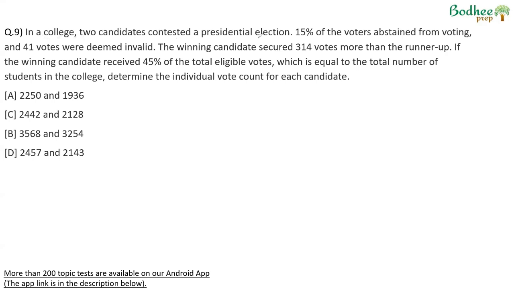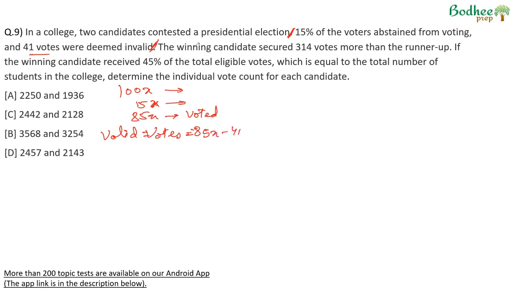In a college, two candidates contested a presidential election. 15% of the voters abstained from voting and 41 votes were deemed invalid. Suppose there were 100x total voters, 15x abstained, 15%, and therefore 85x voted. Out of these, 41 were invalid. So valid votes will be 85x minus